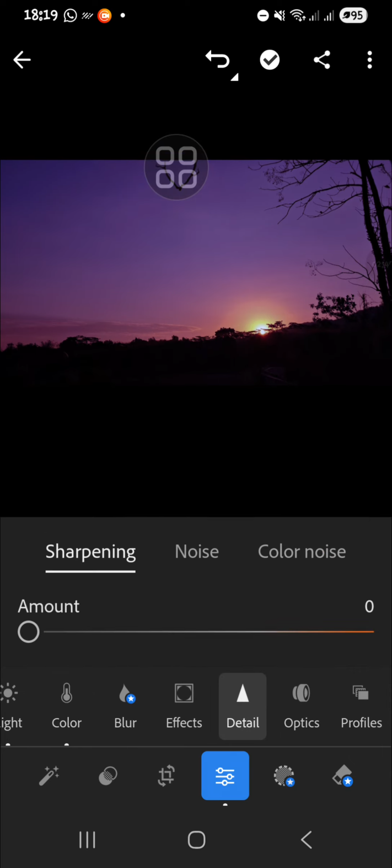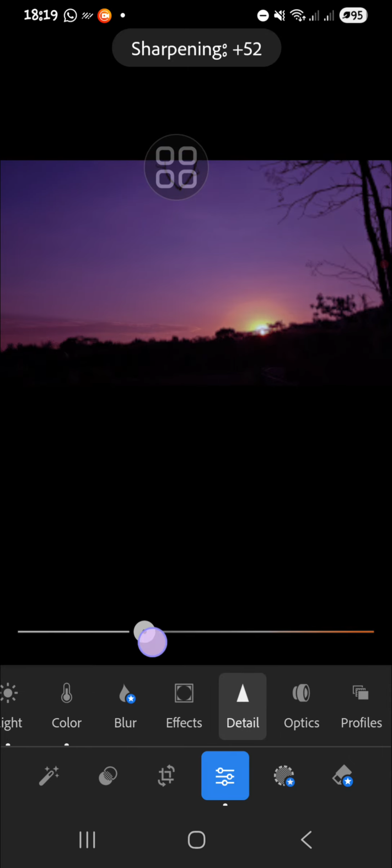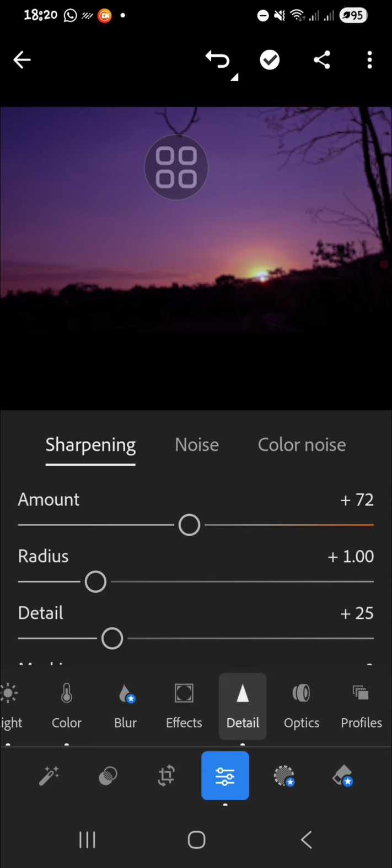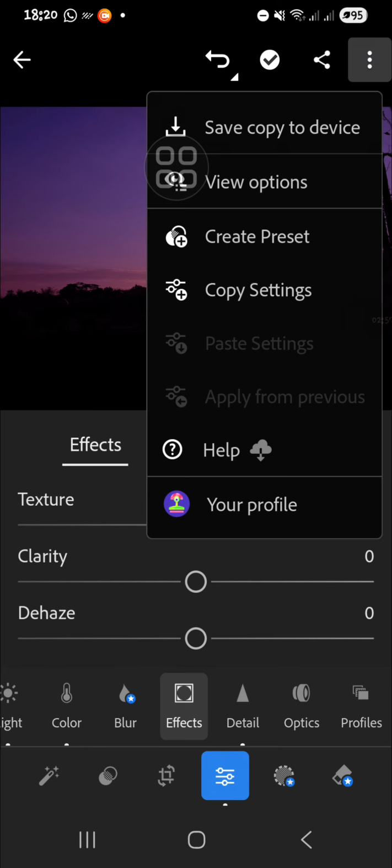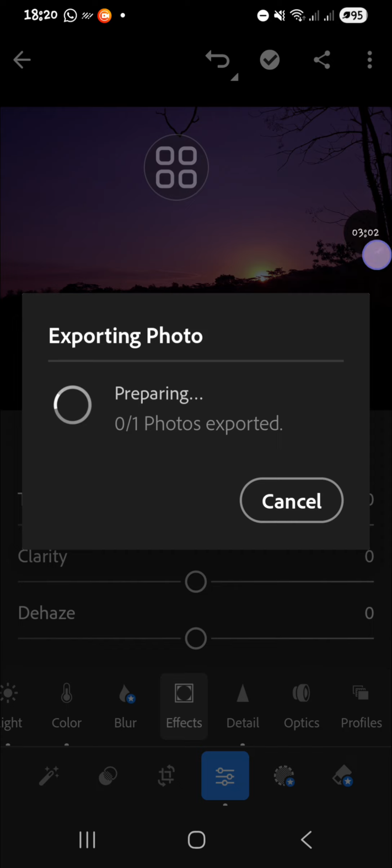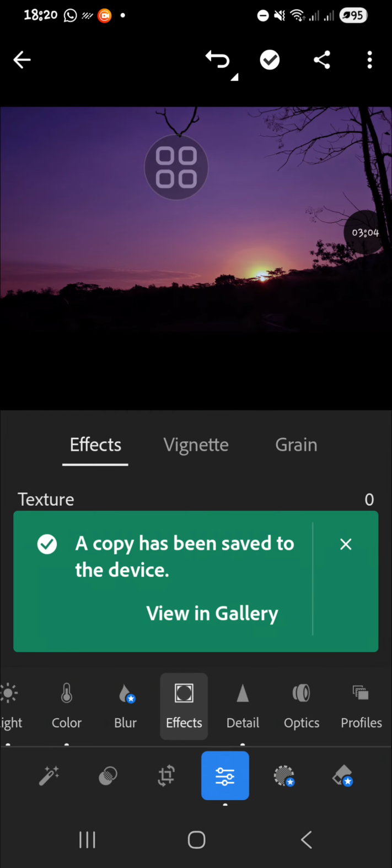Okay, you can also make it sharper like this. Okay, and then if you want to download it, you can click on this icon and then click on save copy to device. Okay, guys, and that's all the way to do cinematic photo editing with